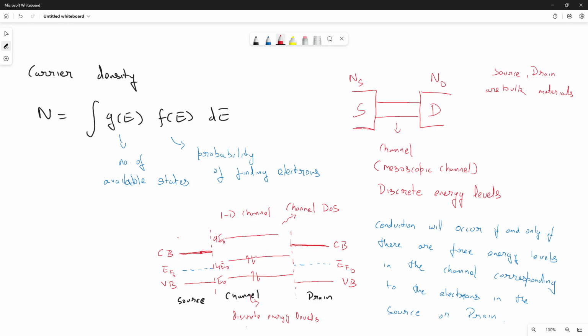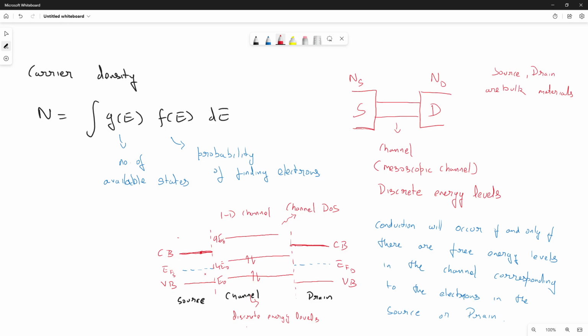No, sir. See, essentially, now these are filled states. Imagine, this is just an example. The channel already has 2 electrons in the E naught and the 4 E naught levels, and there is a reason why I drew the bottom of the E naught level in the band gap. So E naught and 4 E naught are kind of in the band gap. So there are no energy levels corresponding to these energies in my source or drain. It is in the gap. Is that clear?